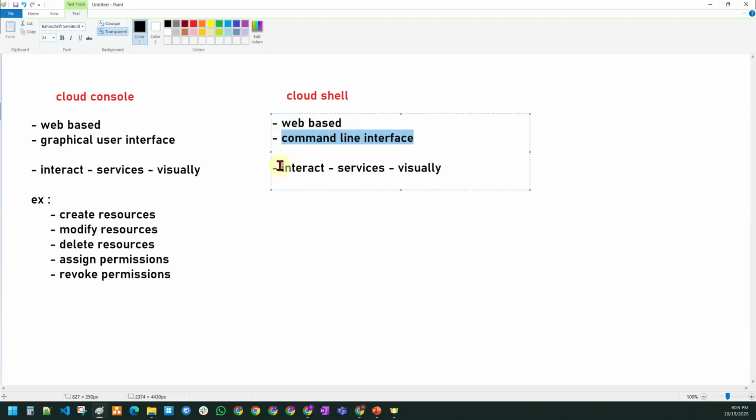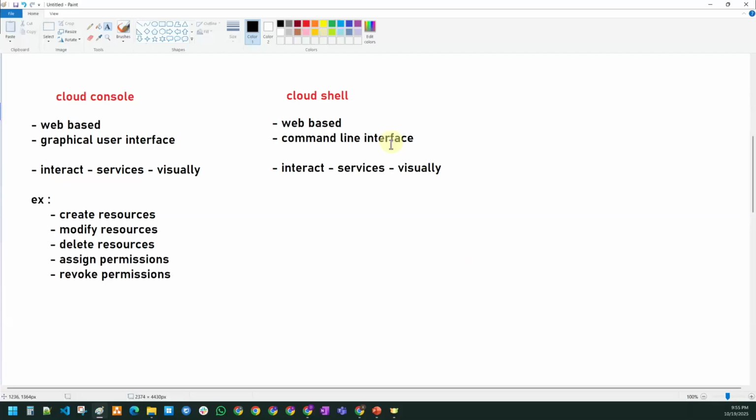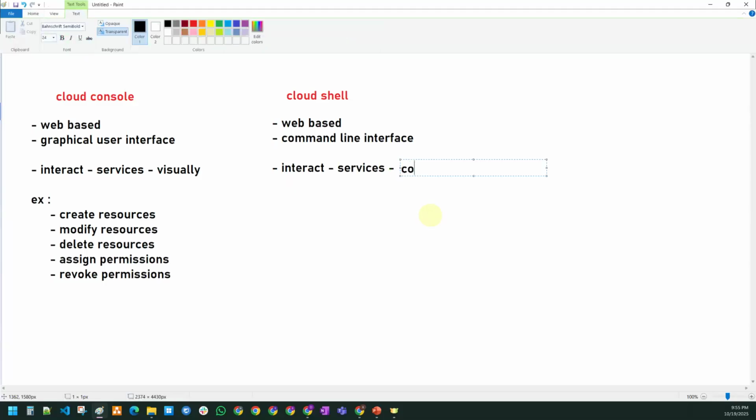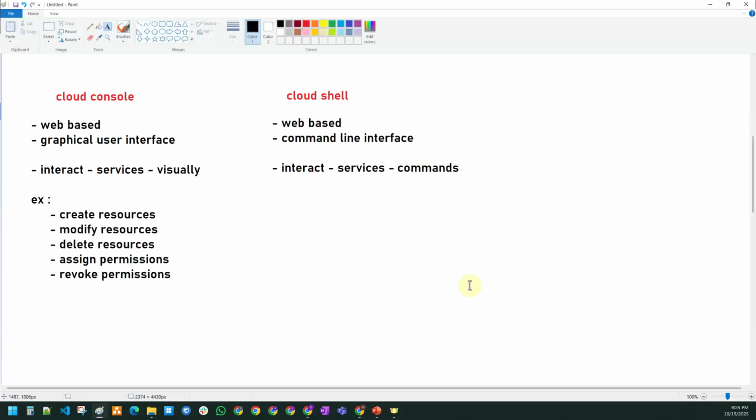So here you are going to interact with the GCP services via commands, not visually. Right, sir. So Cloud Shell is a web-based command line interface to interact with the GCP services via commands.